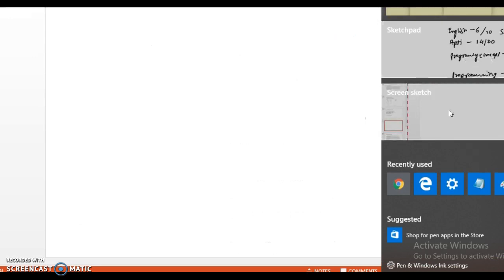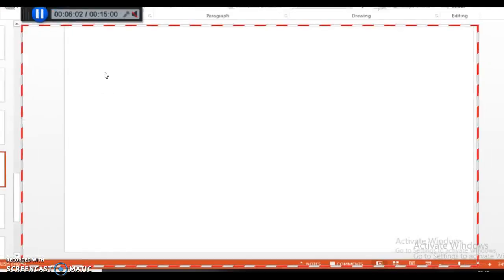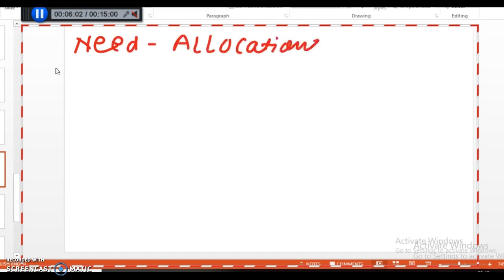Guys, wait a minute. So what I am going to do is write need matrix minus allocation. I hope you guys understand. What I am writing is just subtracting. So need matrix is equal to max minus allocation,